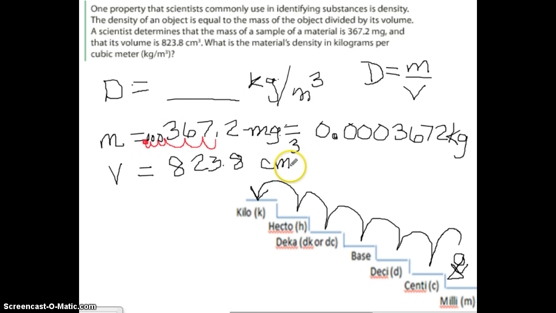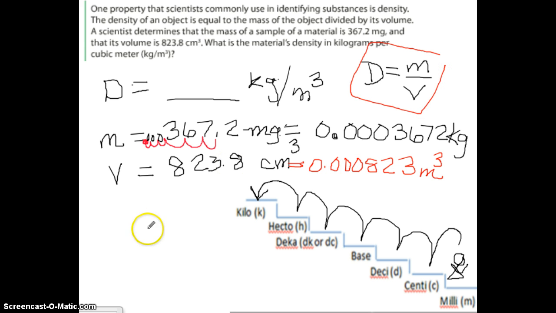So our volume equaled, my mouse isn't working, equals, there you go, 0.000823 meters. Are we done? No! Meters cubed. Don't forget the cubed. All right, so we need to put it into our equation now. So density equals mass over volume. So density equals our new mass is